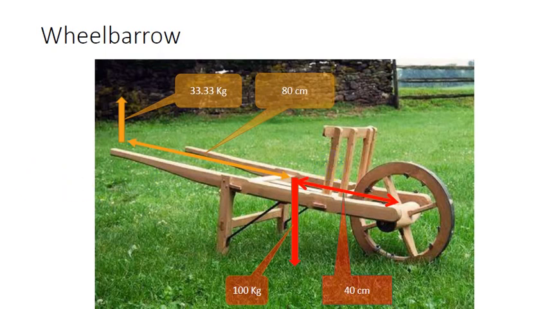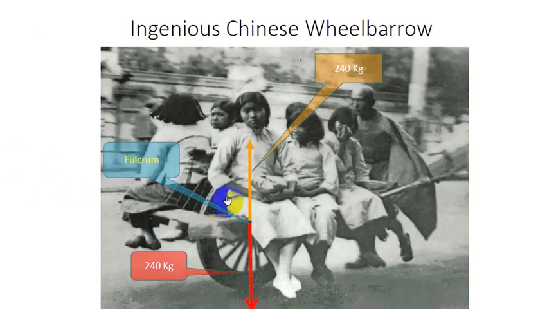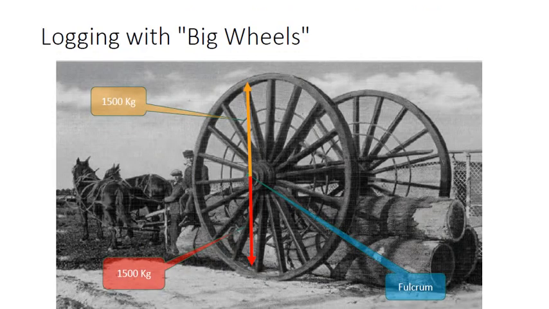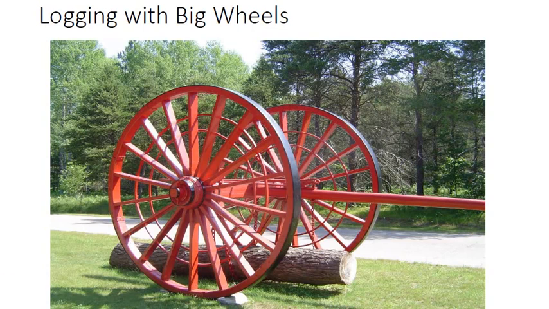A much better solution comes from China, where the fulcrum, load weight, and reaction force are all lined up on a vertical line passing through the wheel touching the ground. This arrangement removes any load on the person pushing it and enables him to carry much heavier loads. They even went further to use sails to help push whenever the wind was coming from the desired direction. The same idea has been used by Americans to carry large logs with ease by using big wheels where the load was hanging from the axle of the wheels. Here is another view of the big wheel.